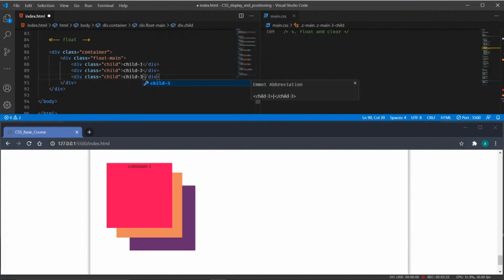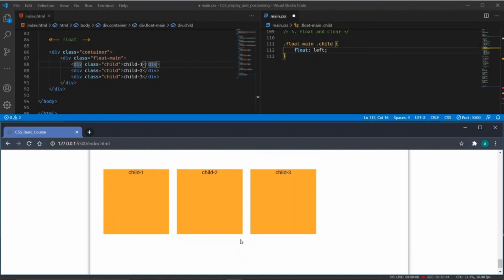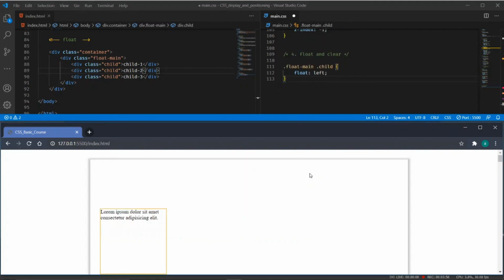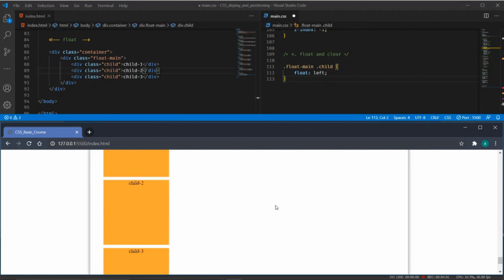Okay, and I will add the CSS for the same. For that I will target the float main children. I will instruct them to have float left. Currently these are block level elements.